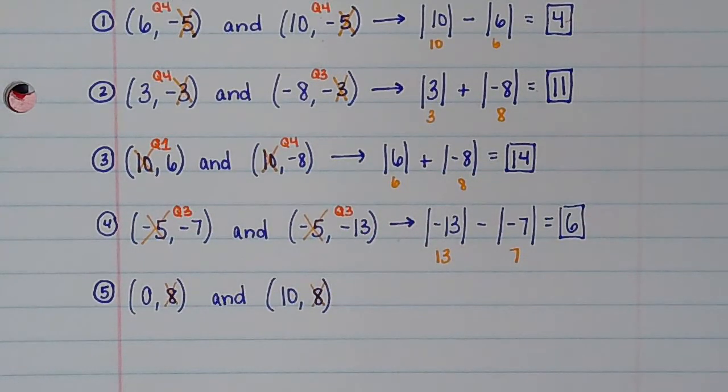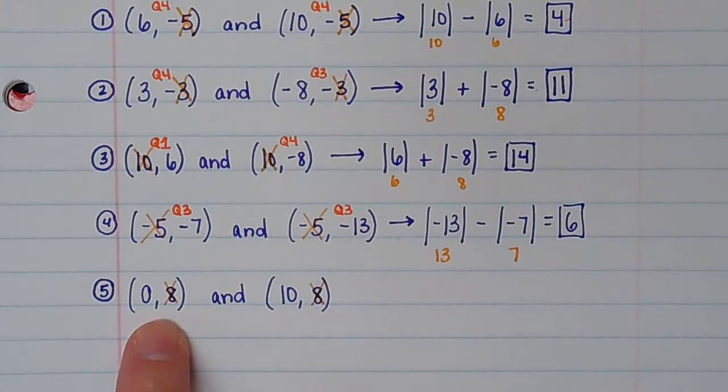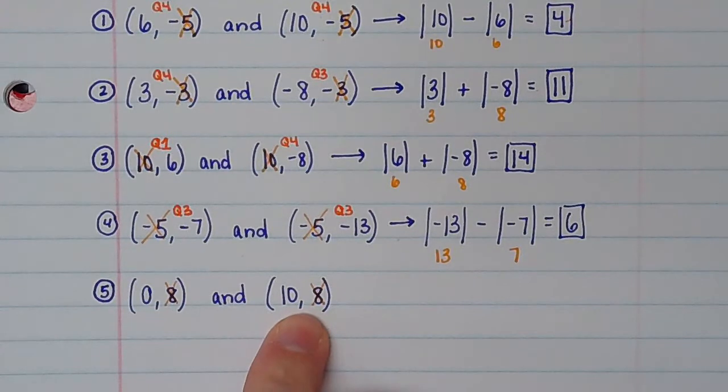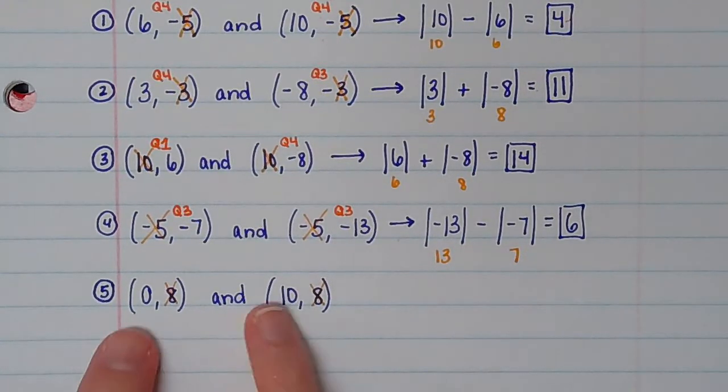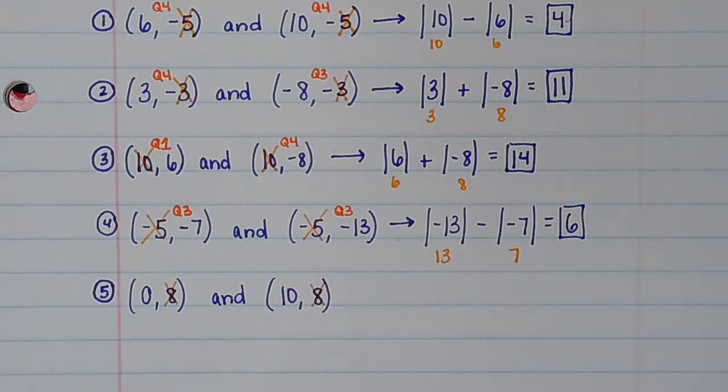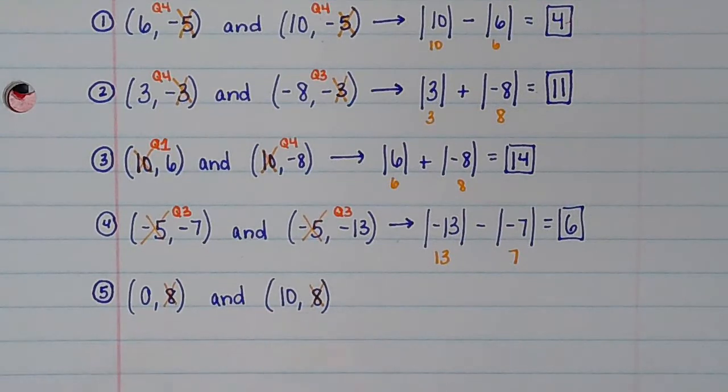Okay. So this one can be tricky for some people because technically this ordered pair right here is not in a quadrant. It's on an axis. Okay. But if it's on an axis and this one's not on an axis, then therefore they're in different sections or different areas, whatever you want to call it. But also, if you think about it, this one is 10 and 0. So think about it. If you have 10 plus 0, you're going to get 10. If you have 10 minus 0, you're going to get 10. Okay? So when it's a 0, it doesn't really matter as much,